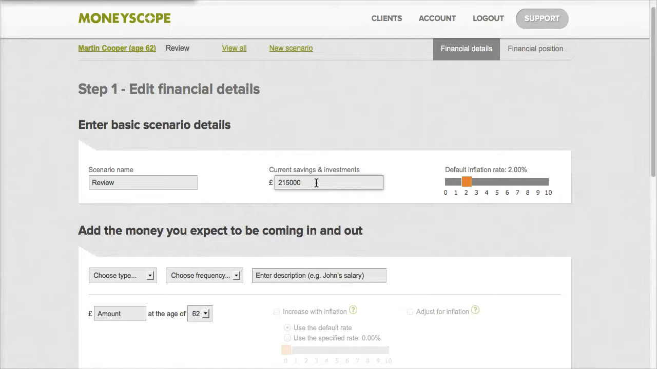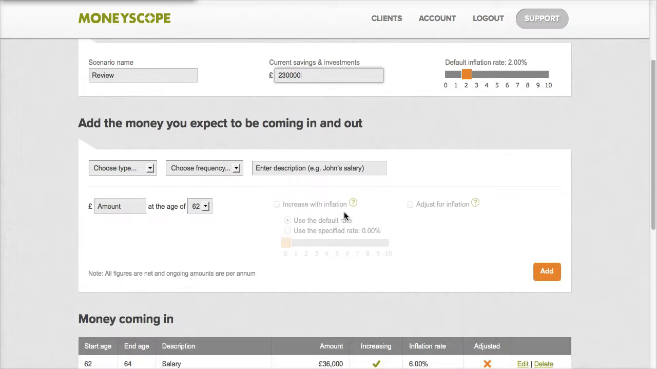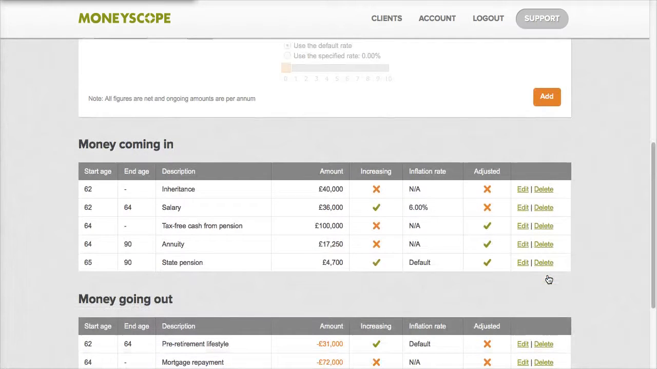So let's edit the current savings and investments and increase that to £230,000 for Martin, and let's give him an inheritance of £40,000. Okay, that's happening now. Add that in, and you'll see that if we go down here, we've got an inheritance has been added into the money coming in table,